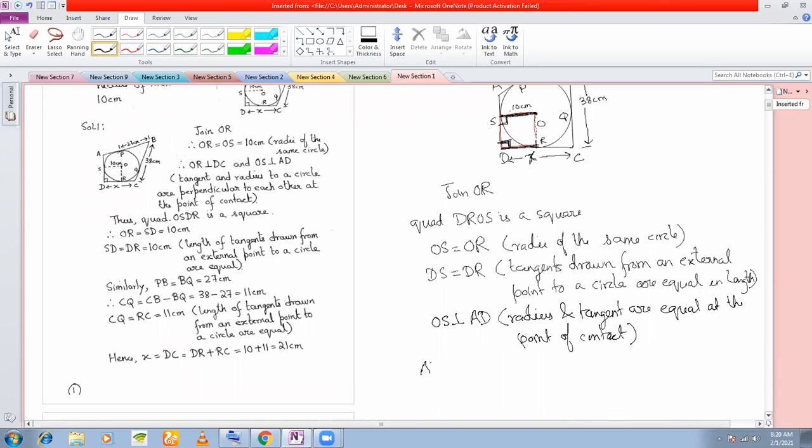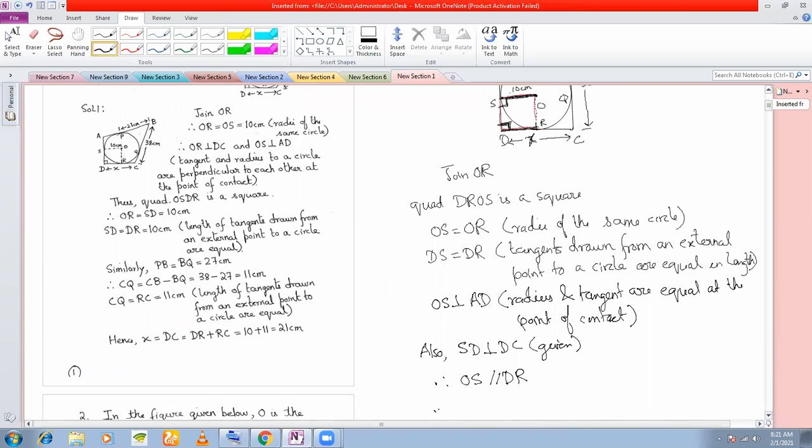Also, SD is perpendicular to DC. This is given to you already, right? Therefore, what can you say? OS is parallel to DR, and therefore you can say SD is equal to OR